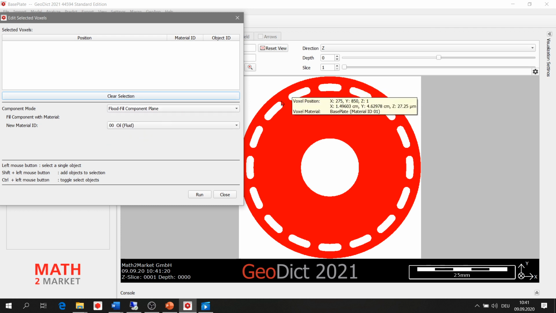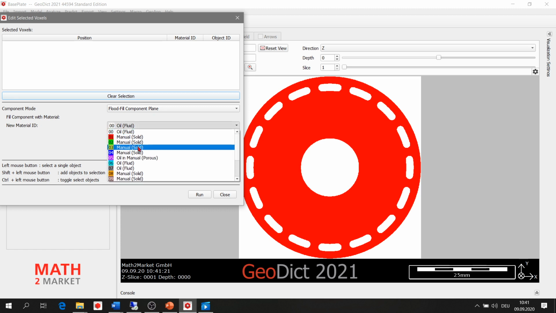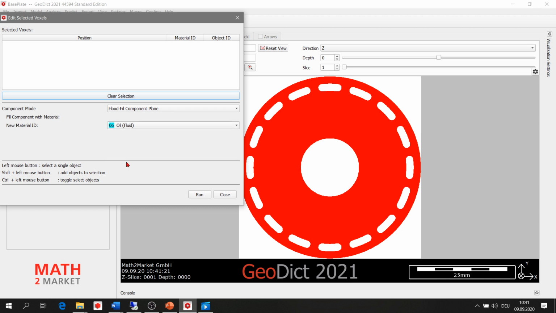So with that we define 2D planes for the inlet, and we also need to select a new material ID for the inlet. So up to 5 are already defined, so we select the 6, and then we start selecting points here.